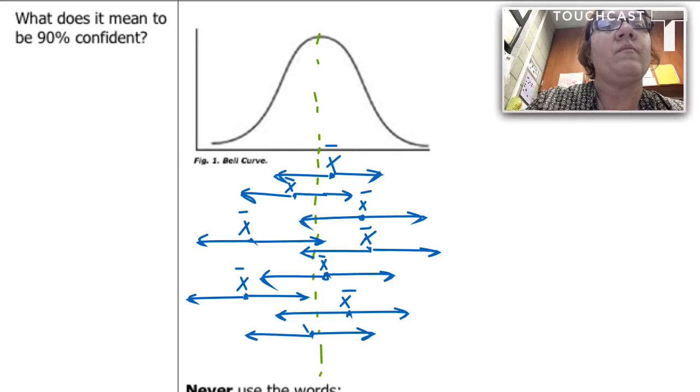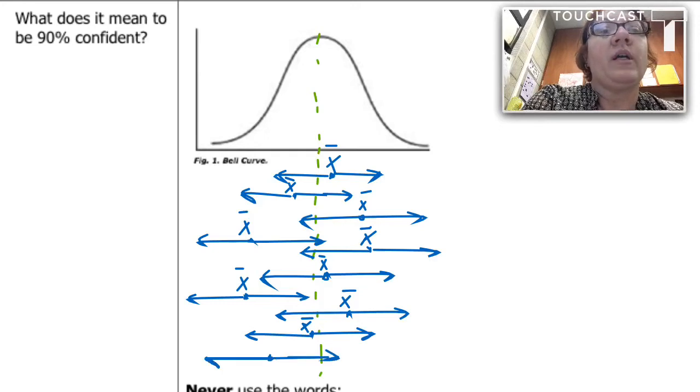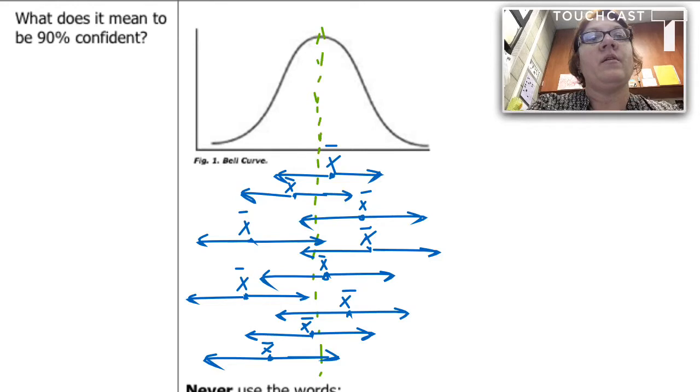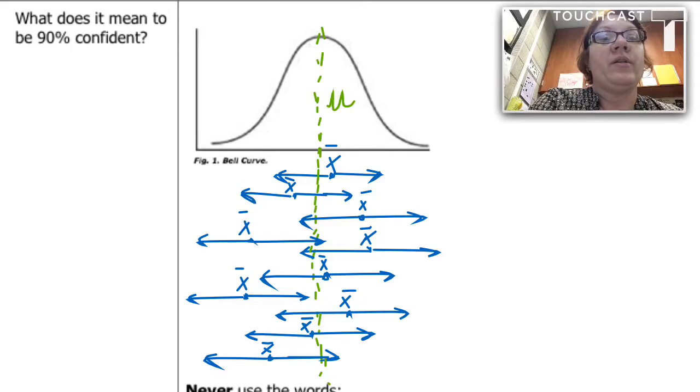So it would be the same width. Every x bar gets to use the same butterfly net. And 1, 2, 3, 4, 5, 6, 7, 8, 9. Oops, I missed one. And so if I look, all of them actually capture the true population value, which I've drawn in here in green. We're pretending that this is actually mu. And what I do notice is